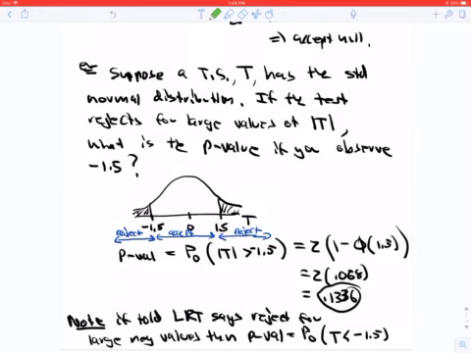So now if you're told that you're going to reject for large values of the absolute value of t, then that would indicate that you have a two-sided test, in which case we would be rejecting to the left and right. So this is a case where p-value